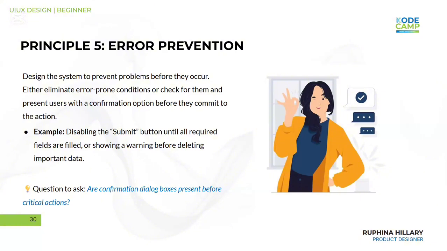To prevent this error, in some applications the submit button is disabled. You must fill everything before the submit button becomes active and you can click on it and actually submit. For example, when you are using Google Form,